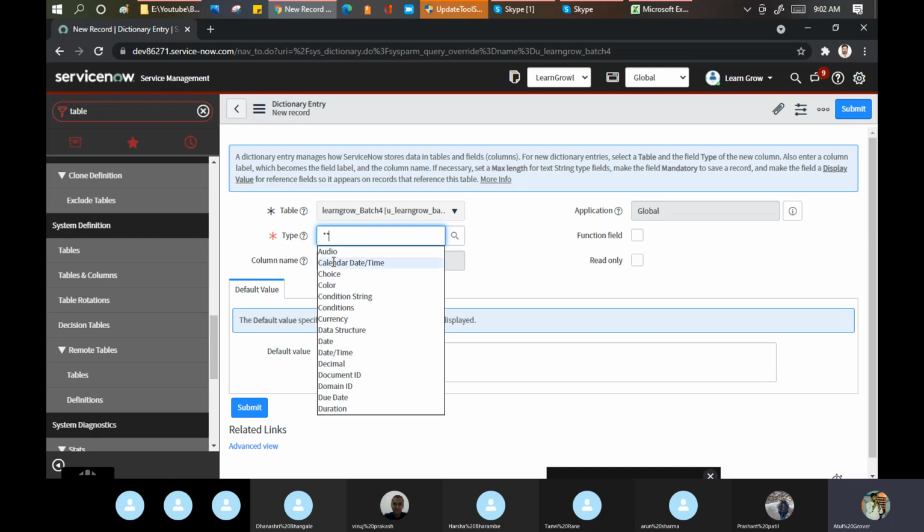You want a date and time. You want a choice. You want a color. You want a condition, currency, data structure, data. A lot of types are available here. I never use most of them. I use a very simple one, date, and all these things will be there. But for you guys, you can start using choice, how the choice works, how the color works, how the condition and string work. Let me say date and time.